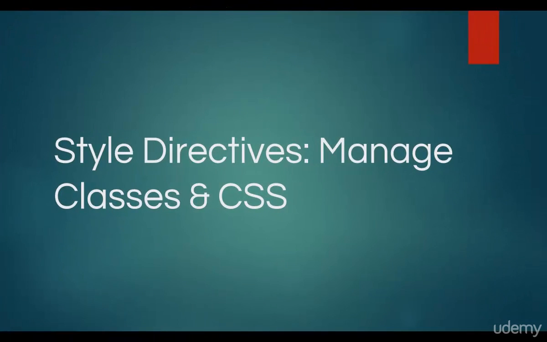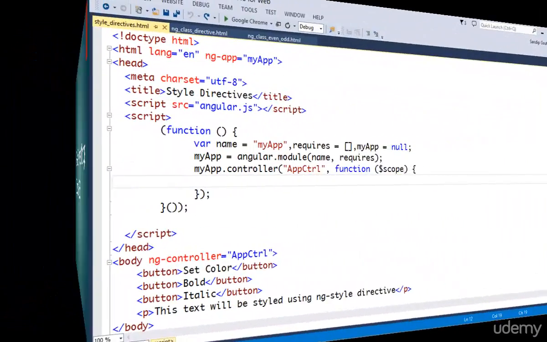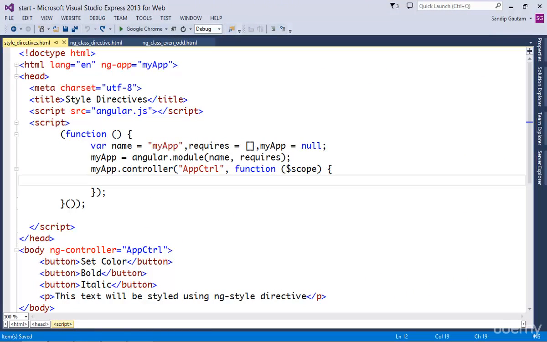Styles add wow factors to your presentation. And AngularJS has some built-in directives to set these styles dynamically using expressions. I want to start with the ng-style directive first. So I have my basic HTML in place, which is having 3 buttons, one for setting color, second for setting